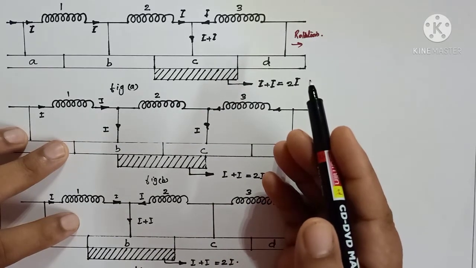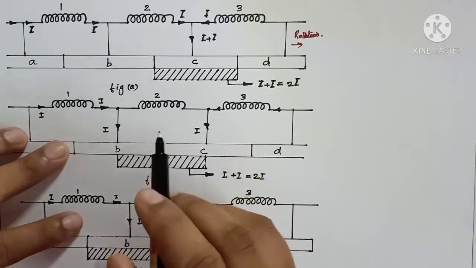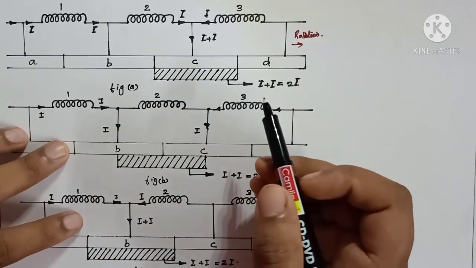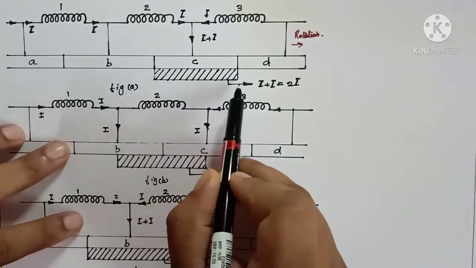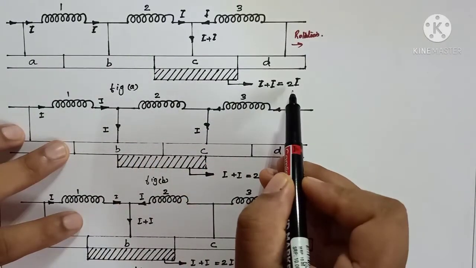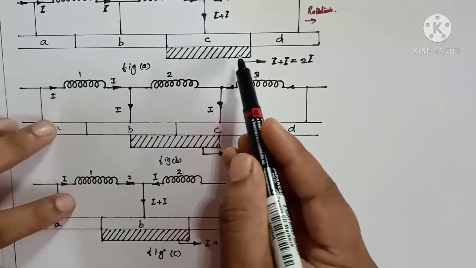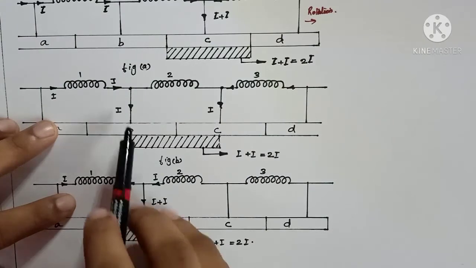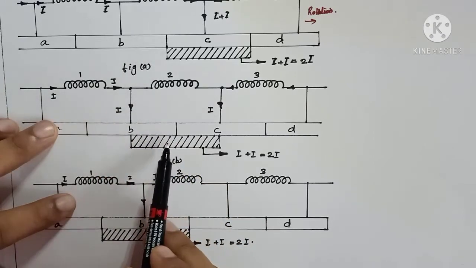The short circuit period, or the time required to complete the commutation, depends on the brush width and the commutator peripheral speed. Okay, we will discuss that. Under this condition, 2I will be the total current and the machine is rotating, so the contact area of C will decrease and the contact area of B will increase. Here the contact area of the B segment is 0, but it is increasing.